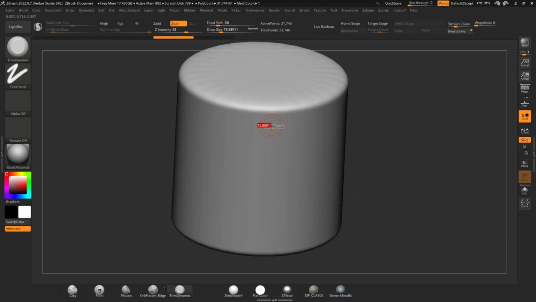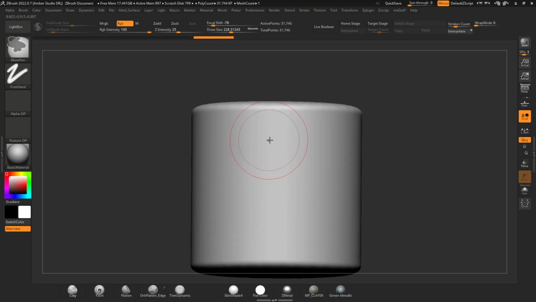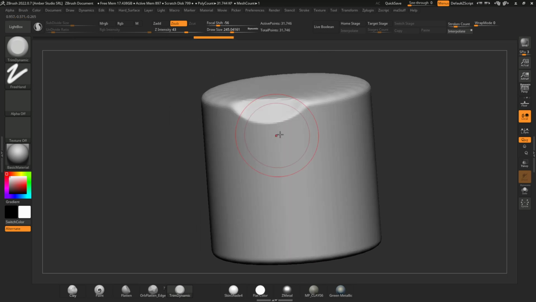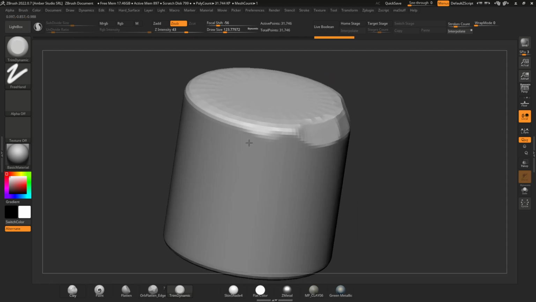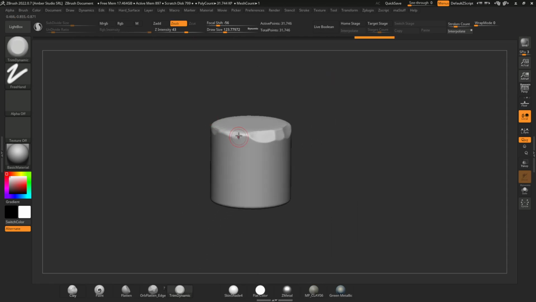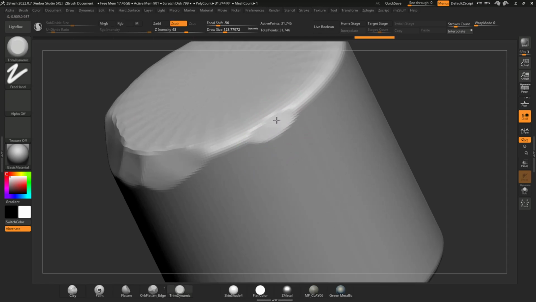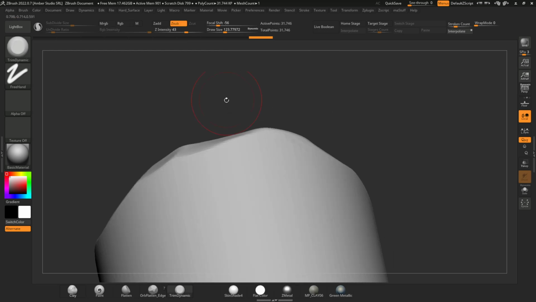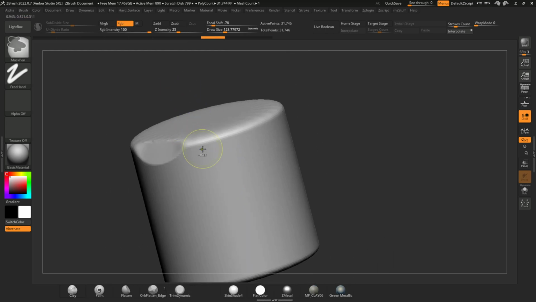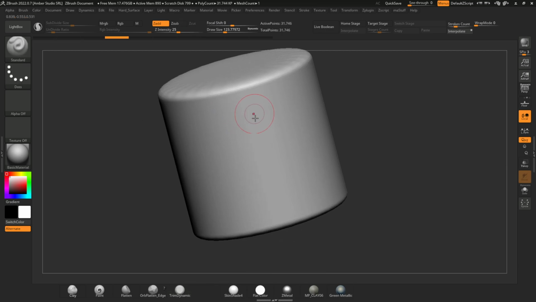Trim Dynamic, it's really great for making planar trimmings on your model, like some edgewear, sometimes metal, wood, any kind of something that needs a bit of trimming. You can use the Trim brush, it's really great. And the Standard,